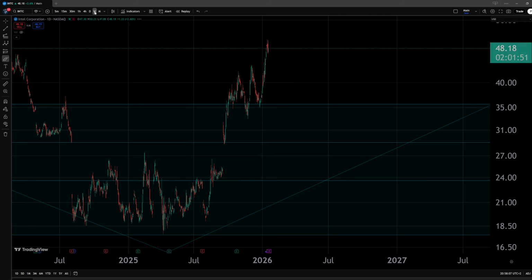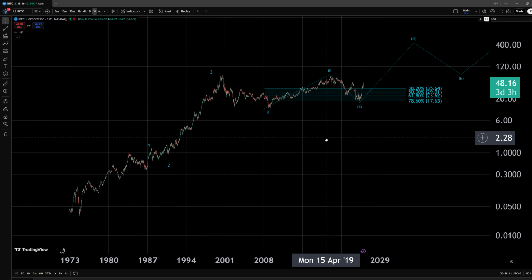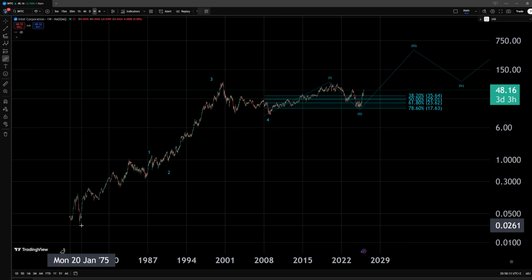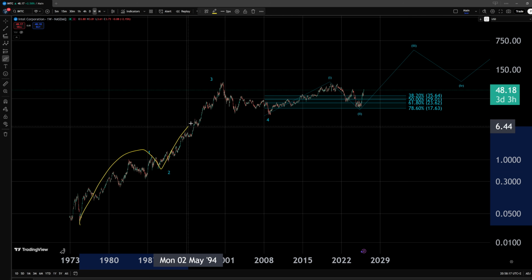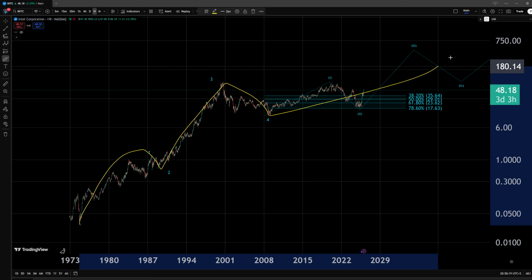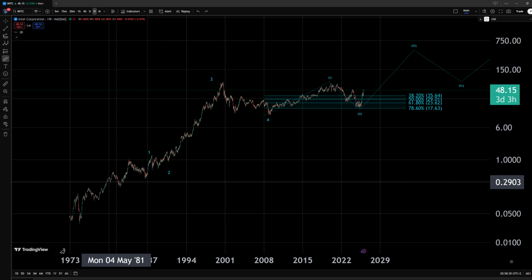We will be discussing more about that in a moment, but before that I want to go quickly through the larger time frame for any of you who might be new. Here we have been tracking in the most simple structure this idea of a 1-2 setup, a third wave up, fourth wave down, and a fifth wave that would be forming right now. This is a valid interpretation, but I do want to make it clear, it's not the only scenario.